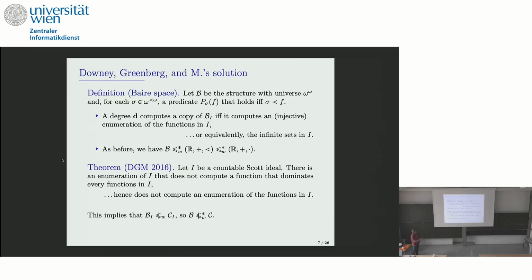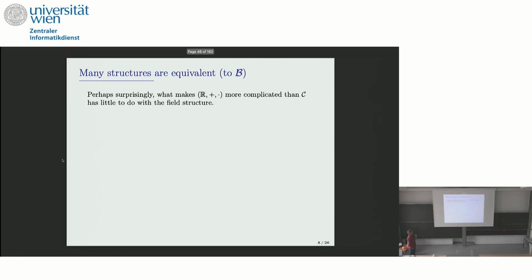So anyway, this implies that Baire space over I is not Muchnik reducible to Cantor space over I, so Baire space is not generic Muchnik reducible to Cantor space. Okay. And, well, we already know that Baire space is below the real field, so the real field is not below Cantor space. We got a separation without having to think about the reals at all. We didn't stop there, though,